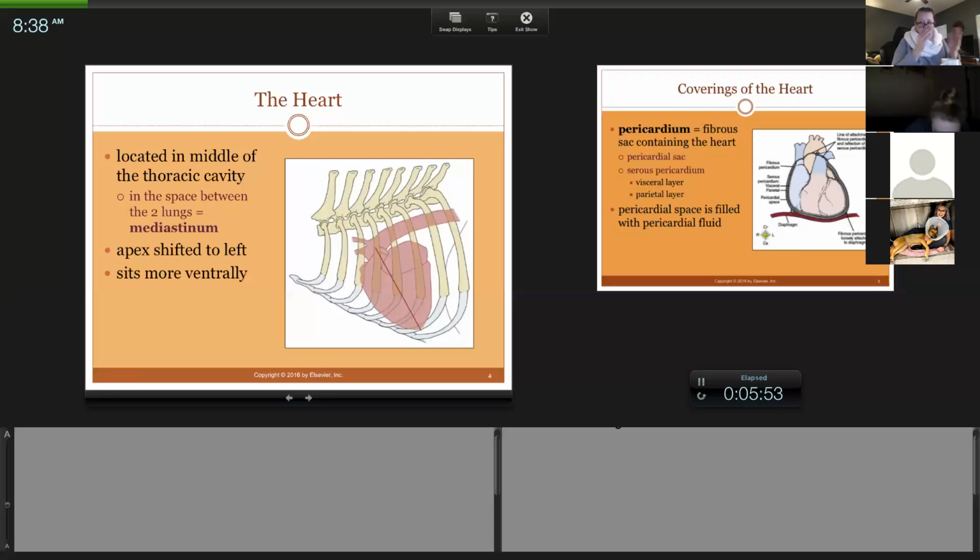Now, if you opened a dog's chest laterally and you open the ribs, the first thing you're going to see is lungs. You'd have to move the lungs, and then there would be the heart, okay? The apex, and let me show you, let me see if I can put